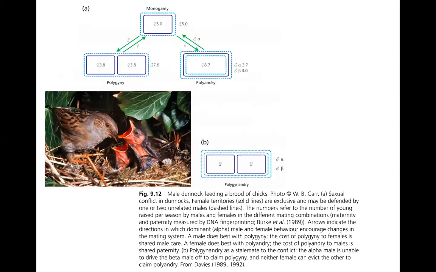So here's a figure from your textbook. This is the fitness of females under monogamy. This is the fitness of females under polygyny. This is the fitness of females under polyandry. So obviously, polyandry is the way to be from the female perspective, because you have higher fitness, because you have more parents engaging in parental care. And one of the things that will happen is the female will mate with both males